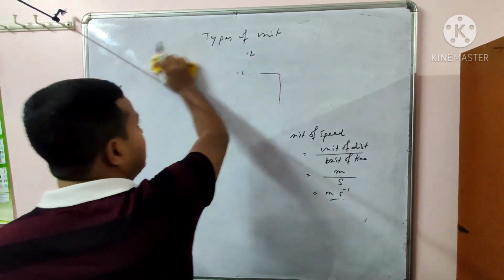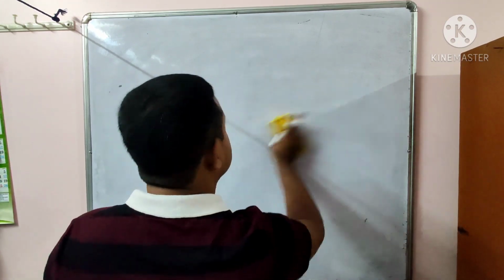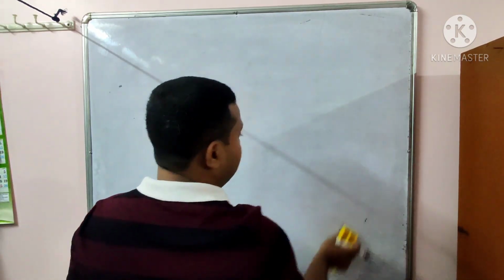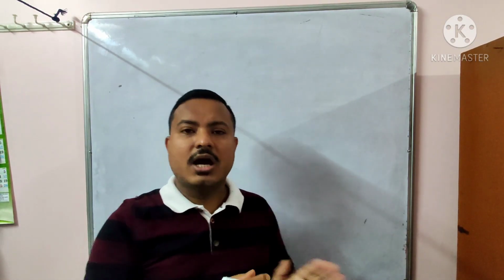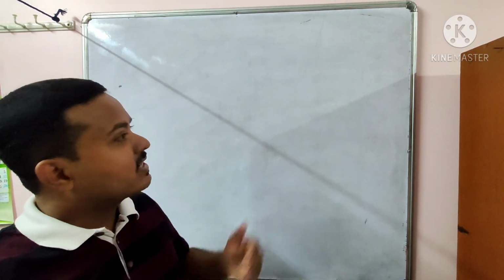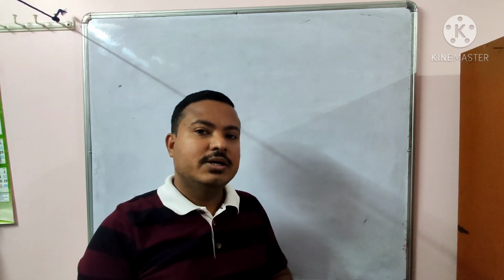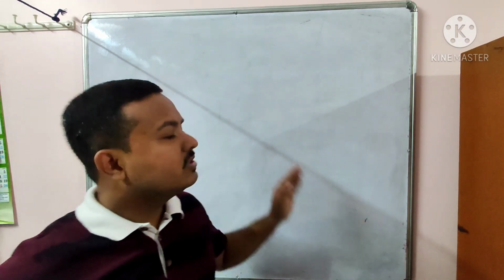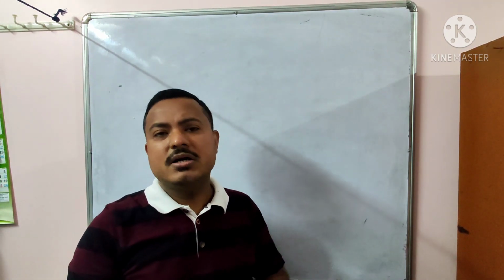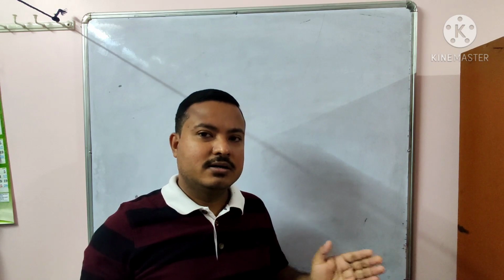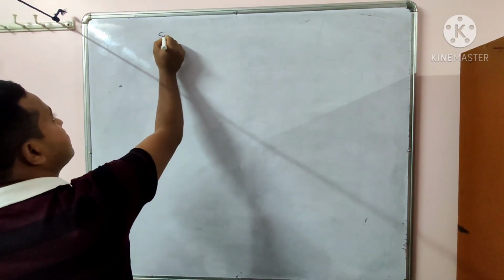Just briefly I am explaining the topics of the chapter. The main parts of the chapter are dimensional analysis and error analysis. In my next class I will explain dimensional analysis, and thereafter I will explain error analysis. So now let me discuss some brief idea about the unit and its applications. Now let me discuss the system of units.